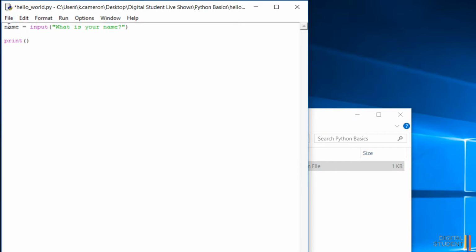The main difference is this name value, whatever you put in here, is now stored to the computer. It's now stored in the memory, which means it can be called whenever you want it to. So currently, we want to call it now with name. So we're going to say name as a variable, input what is your name, and then print out that person's name. So we're going to say run,